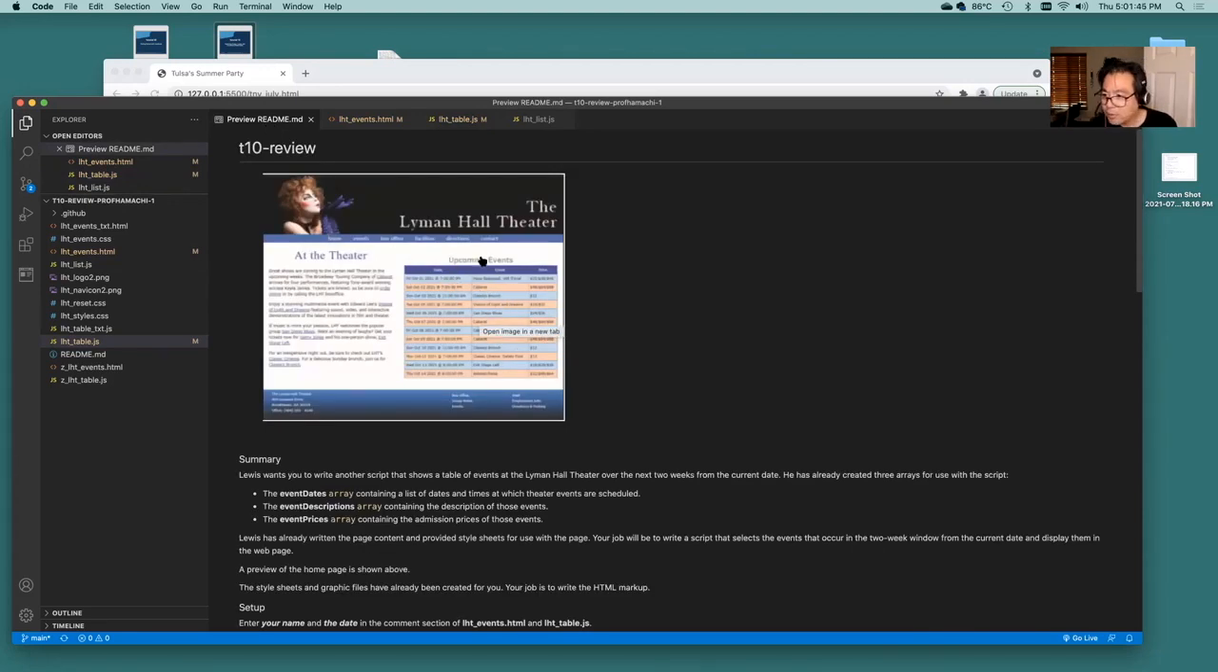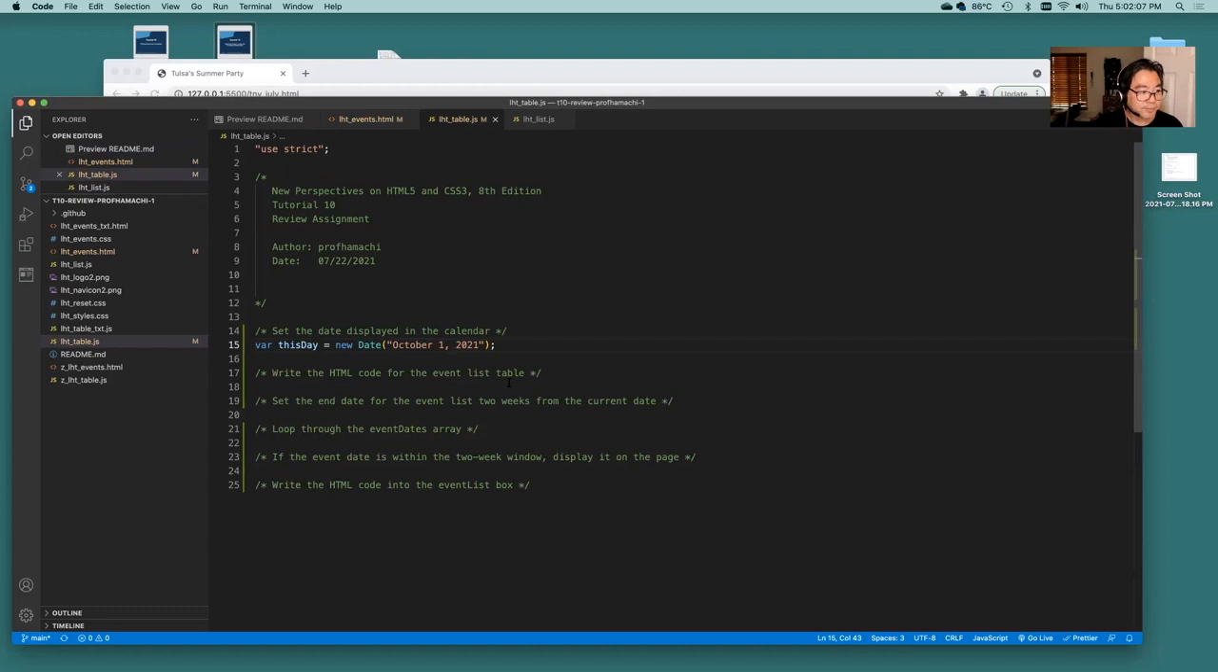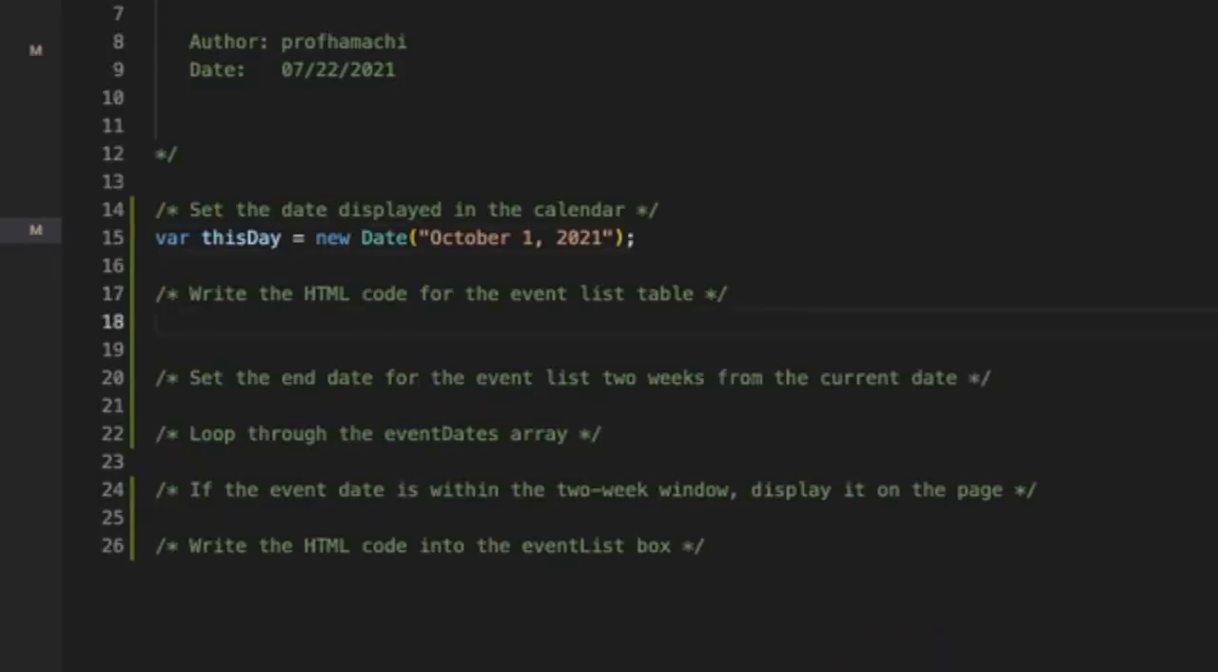I think we're going to do a caption up here called upcoming events. This whole table ID is going to be called event table. And then we can see up here our heading. Our headers here are going to be date, event, and price. All right, so that's down here. We're going to do